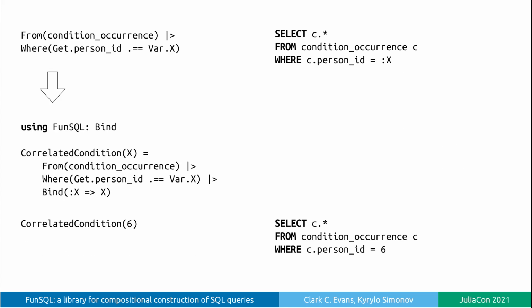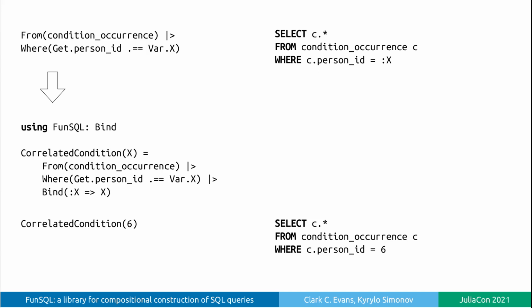FunSQL notation for correlated subqueries deviates from SQL syntax and instead follows the notation used in the majority of programming languages. Specifically, FunSQL introduces formal parameters, which can be used in the body of the correlated query and must be bound to the actual values at the invocation site. In FunSQL, formal parameters of a correlated subquery use the same notation as global query parameters. They are created as attributes of the object var.